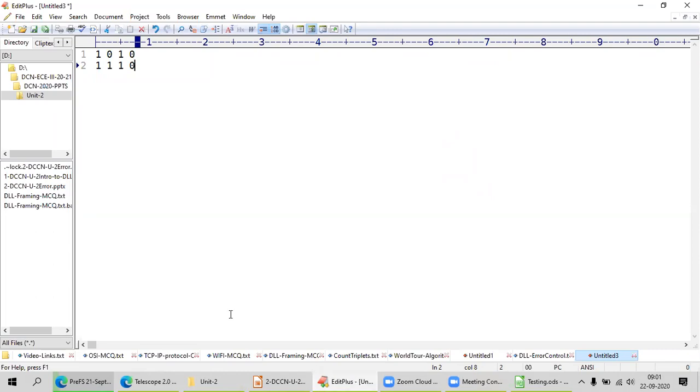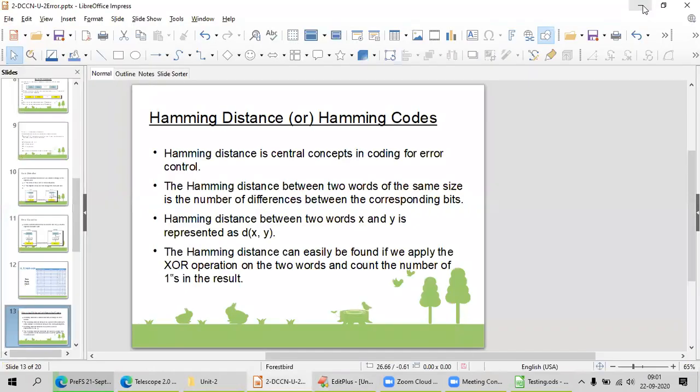You are going to check the XOR operation of these two data words. What is the XOR operation of this? 1 is the XOR of these two words. The number of ones in the XOR result is nothing but your Hamming distance. How many ones are there here?